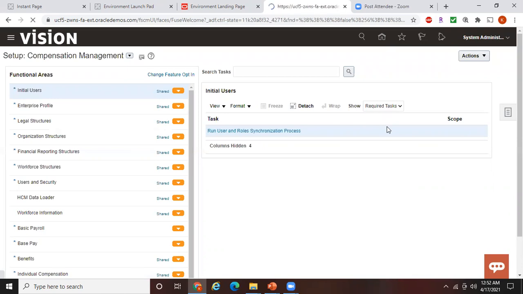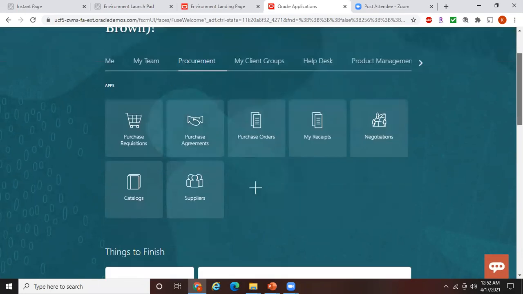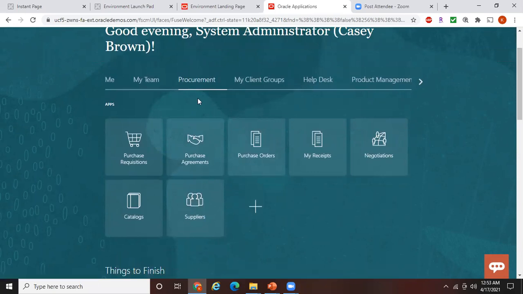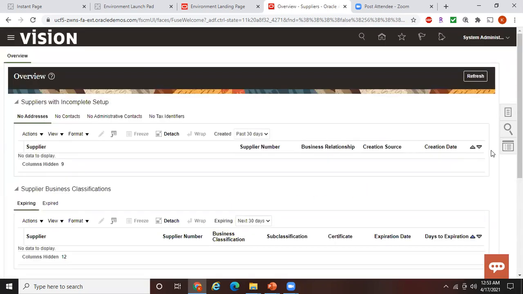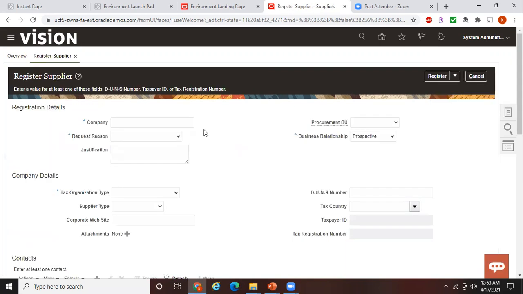As I have already assigned the supplier manager role, which is a prerequisite, to my user, I should be able to see the menu to create a supplier here. Under procurement, I should be able to create suppliers. Click on this task pane and register supplier. This is the name of the company or name of the supplier. Let me call it ABC Limited,